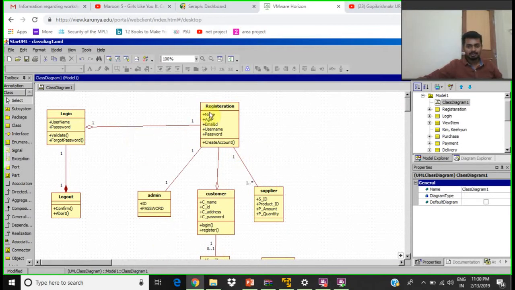So, the basic classes involved in an e-commerce website would be the login and logout, and the registration page. Now, the registration can be done by admin, the customer, or the supplier. Now, once the